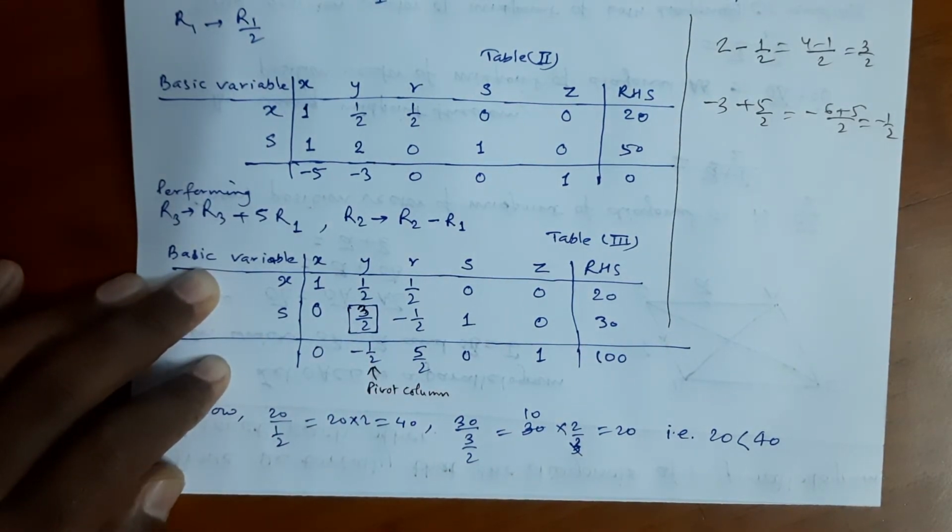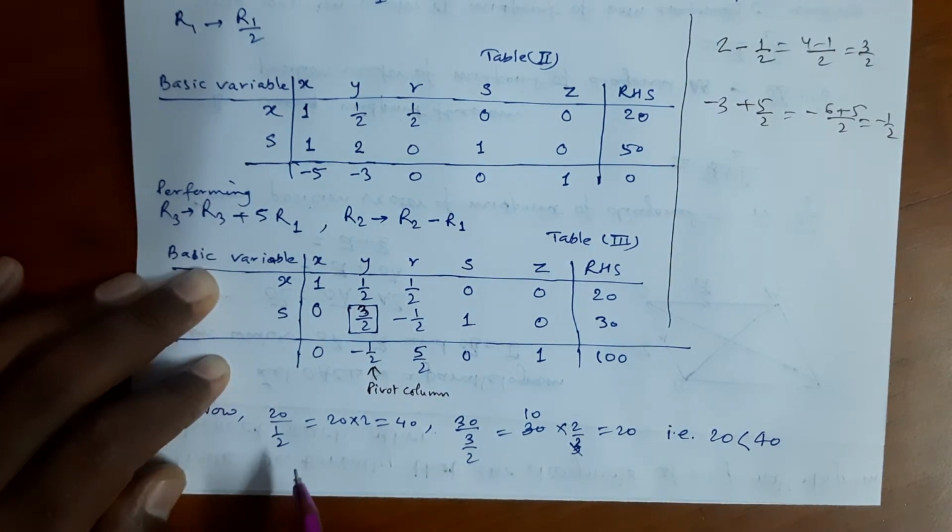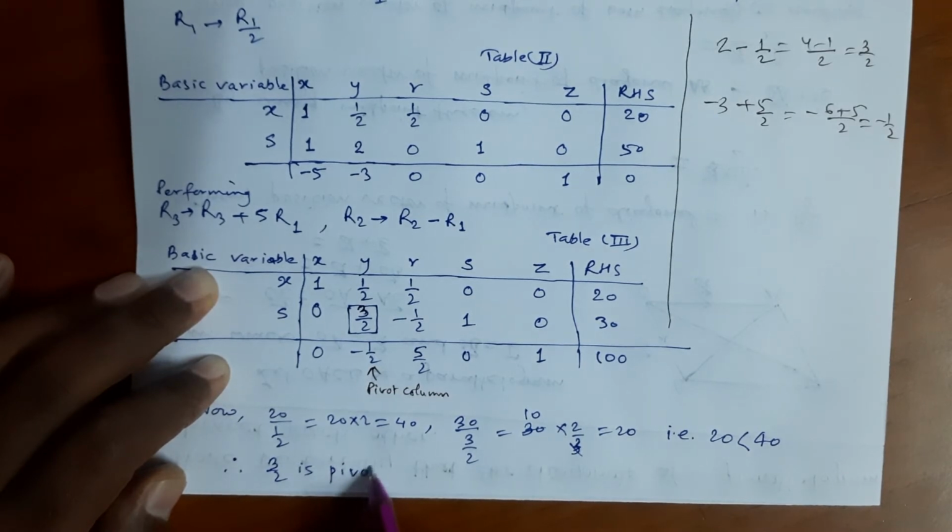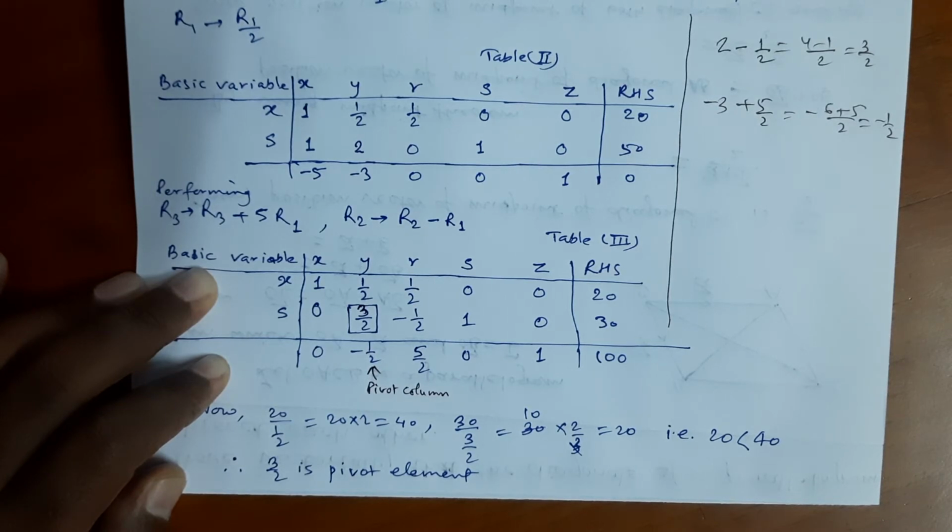Therefore 3 over 2 is the pivot element. As I have already said, that pivot element we should make 1, and all the entries